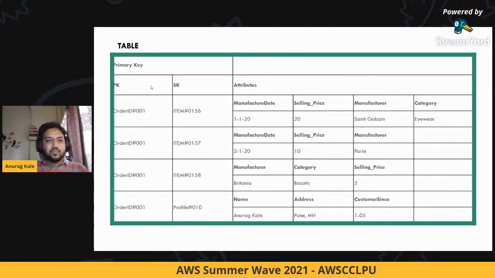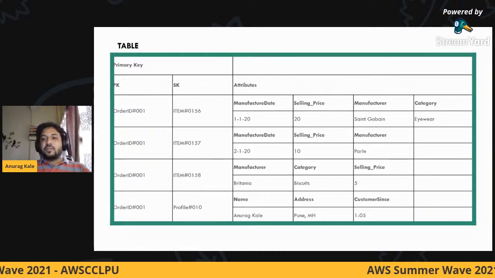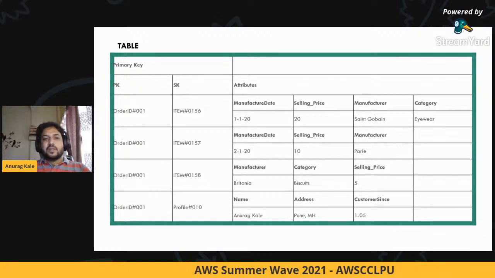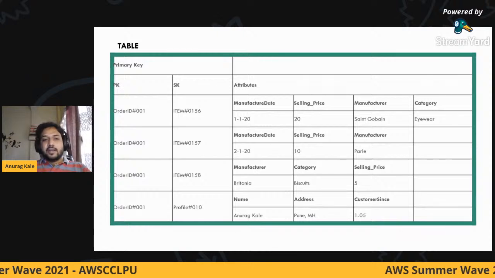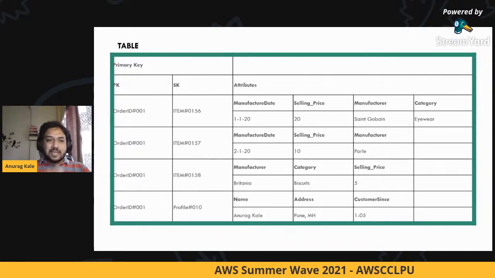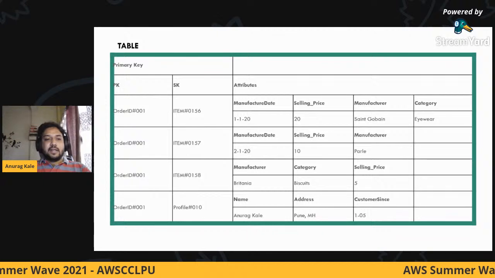So what are those values? We'll come to that in a moment. And on the right, you have attributes. Now you will see a stark difference when it comes to relational databases. If you observe very carefully in the attributes, you will find that the different items, under the column SK, we have item ID 156, 157, 158, and profile ID 10.